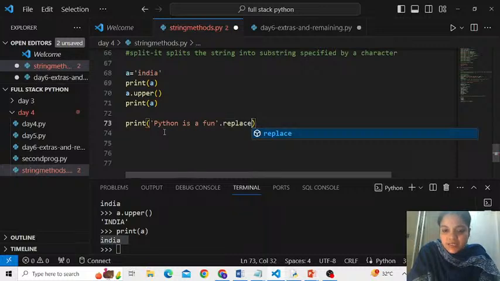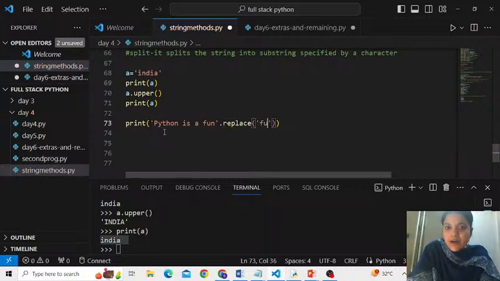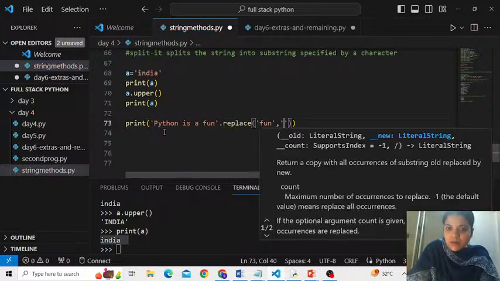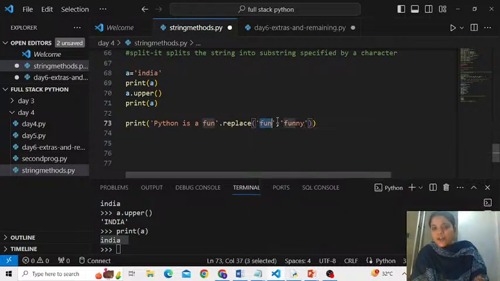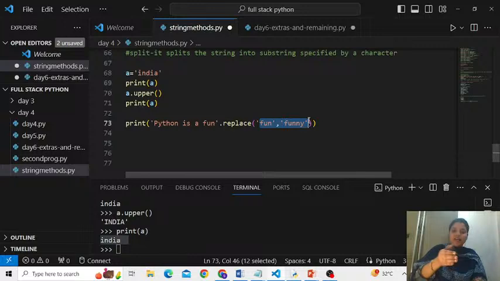And I replace fun in this string by funny. So these are the two arguments you need to pass to replace. What to replace, and with what new string to be replaced. क्या replace करना है, किससे replace करना है. So Python is funny.